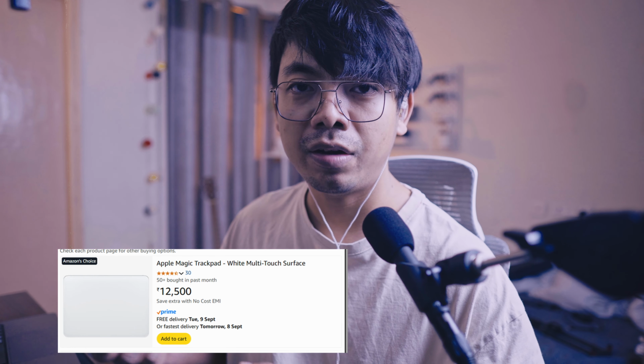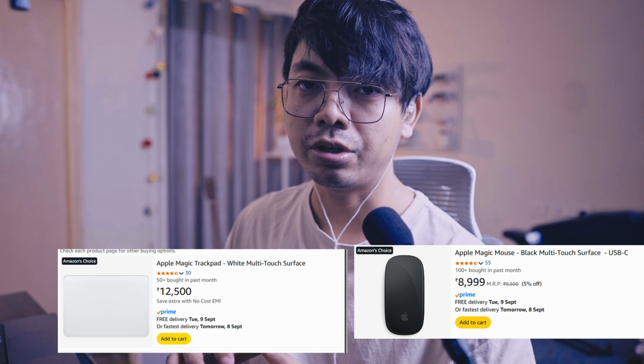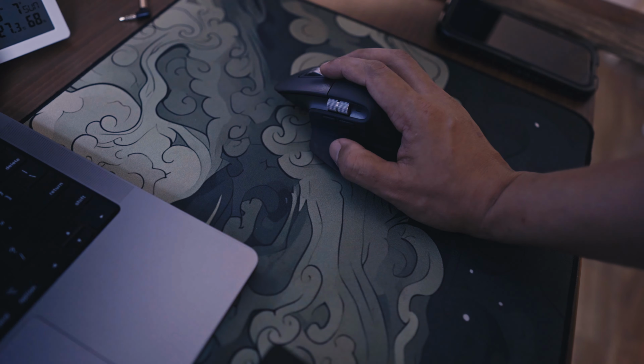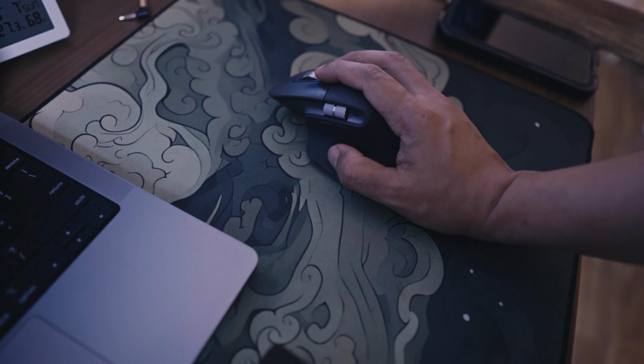And what do we access with the trackpad is usually the workspace, right? You control the workspace, go to left workspace or your right workspace, you open the mission control and all that. So that is something you are going to miss if you are using an external keyboard, right? And to solve this, you have two options. One is you could buy the external trackpad from Apple or the Magic Mouse. The Magic Mouse supports gestures on top of the mouse surface, or you could get something like the MX Master 3S, which supports thumb gestures, which you can press the thumb button and then switch the workspace around, and that works. But I've always found that the thumb gestures are very uncomfortable for me,